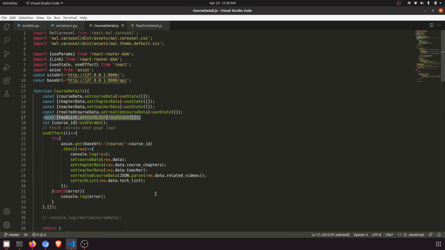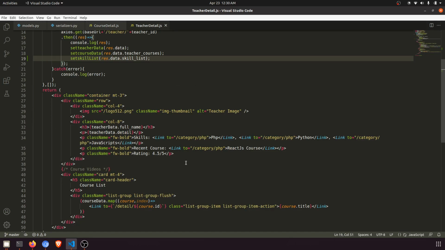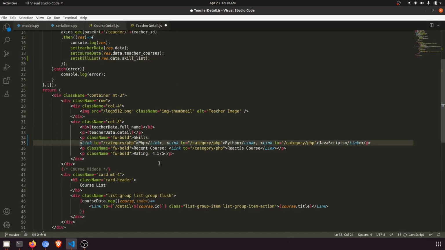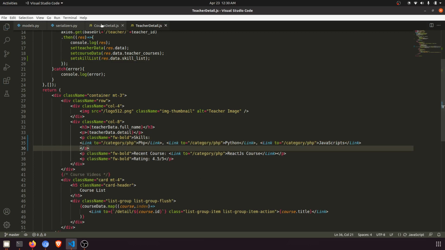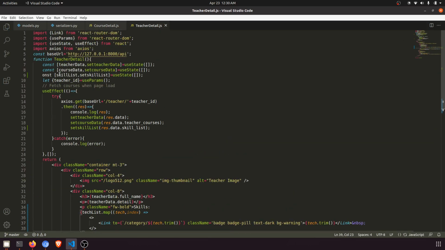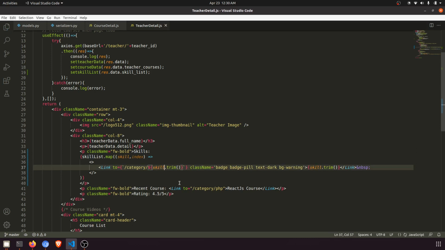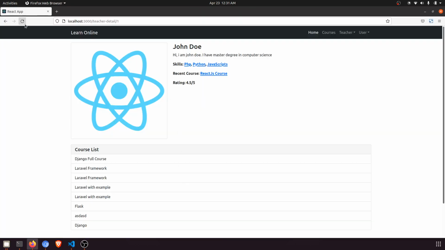Right now here we will copy this and paste it here. Just a moment. Here, this is our skills. So yeah, fine, paste it here, and this will be skill list map skill dot trim. Right now if we refresh this page,